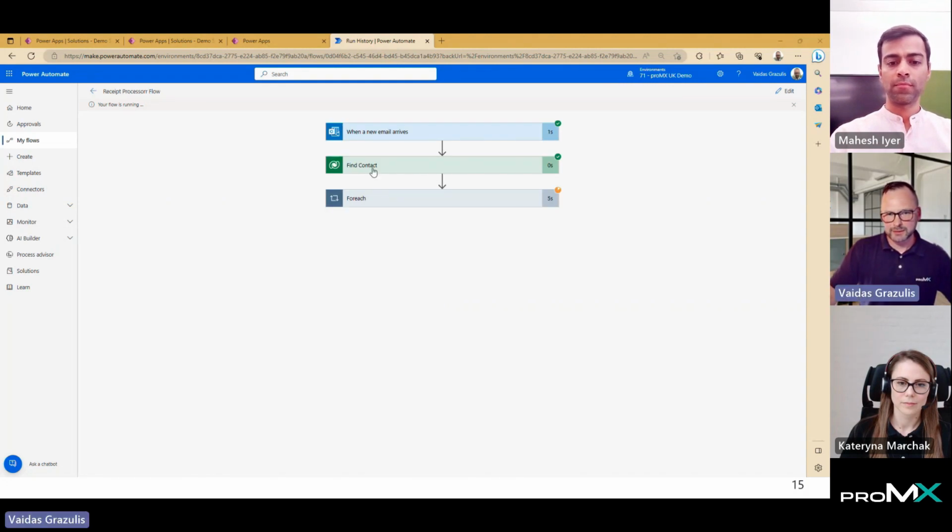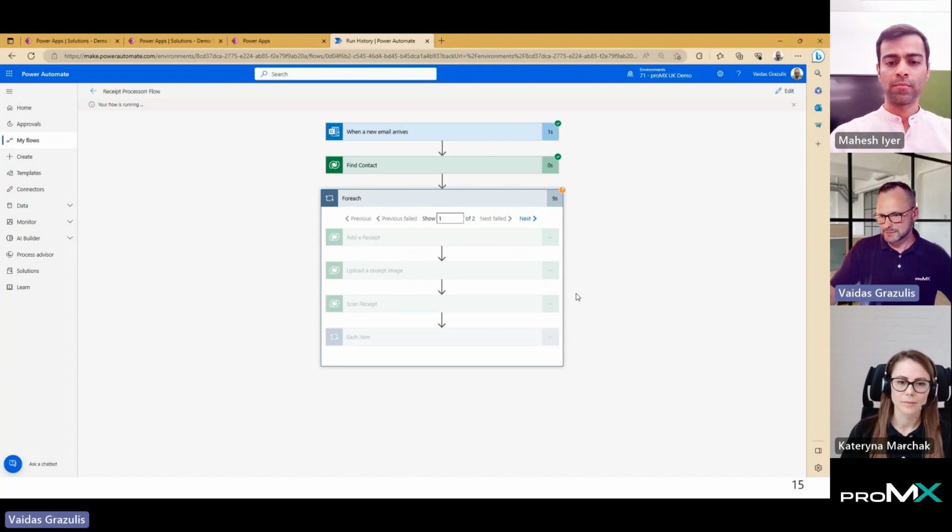So the flow is running. We can see that the contact has been found. This step is green. The flow will go for each of the following steps as it is quite quick. This will not take too long.